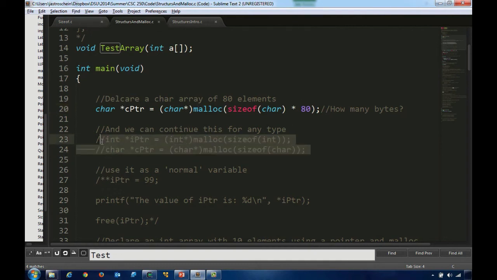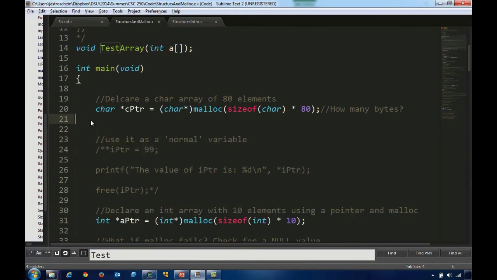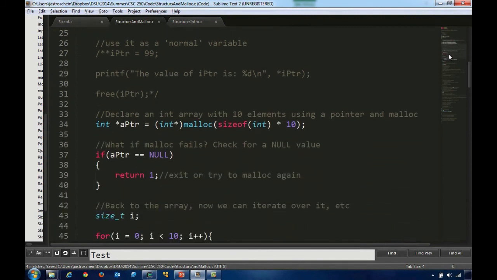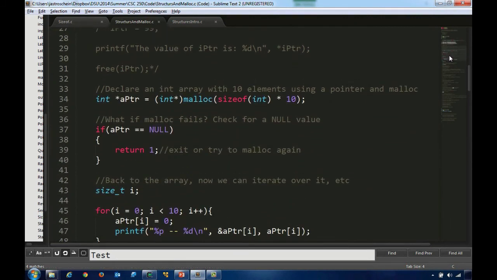And that's what this commented out code right here is. It's the same thing I just did, just more pointers, more types, and any size that we want. So actually, I'm just going to get rid of that. No, I'll leave it. All right. Going back to